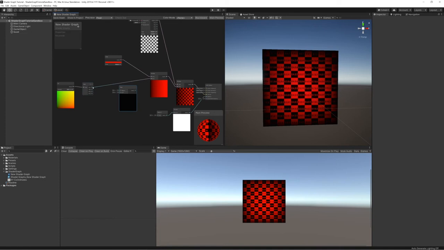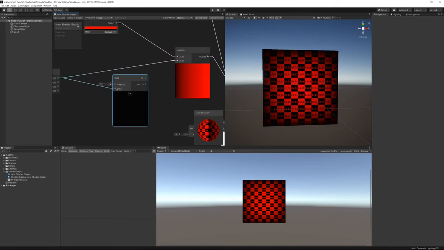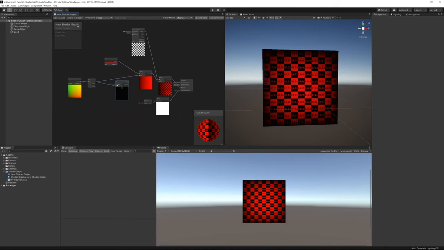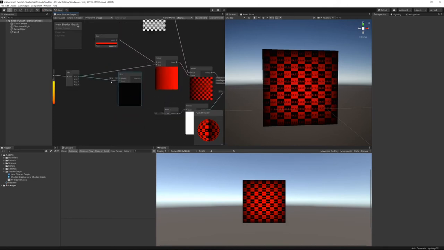And the step node, when we plug it in, so we plug it into the input there. If we zoom in, you can see the one's input, the top is the edge. Now, if we bring it down from 1, you're going to start seeing it slide across all the way to 0. And if you think of this kind of like an if function in C#, if we put this in the middle, 0.5,